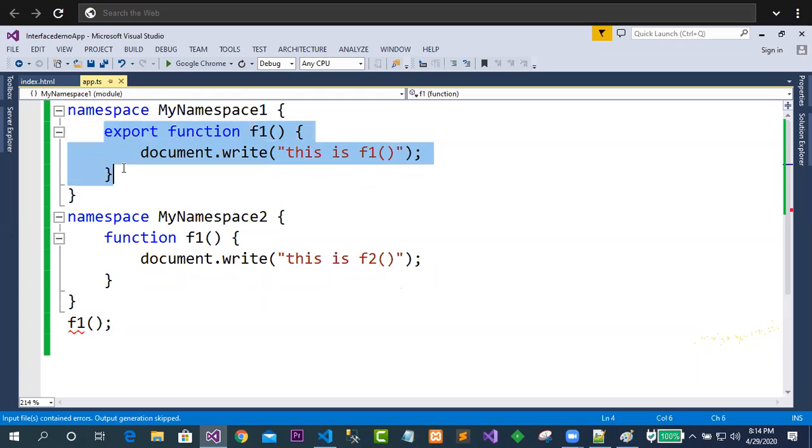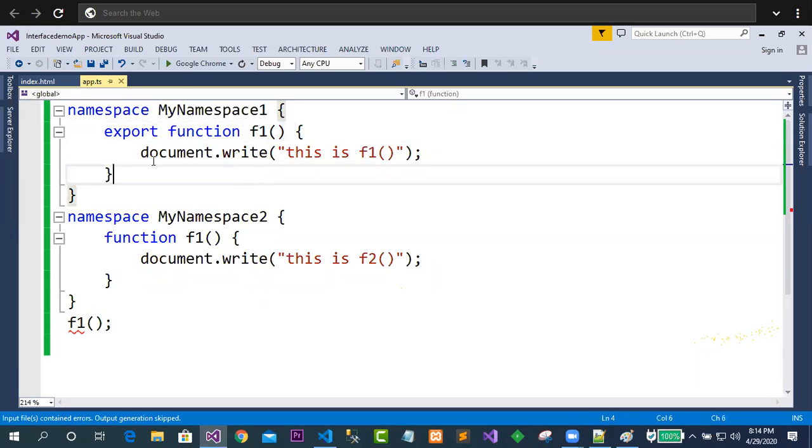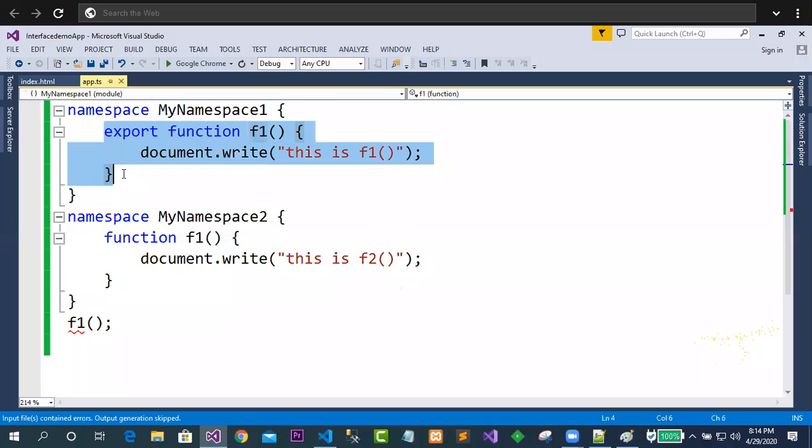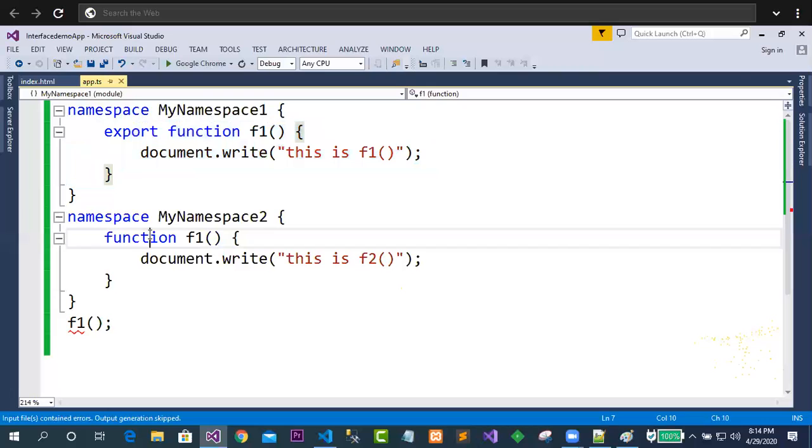Though it is possible to declare a function inside a namespace, unfortunately I cannot access this function directly. It must require an object, so it is better to declare a function inside an object or a class. Though it is supported, don't be confused by this. It is not possible to access it directly like this.